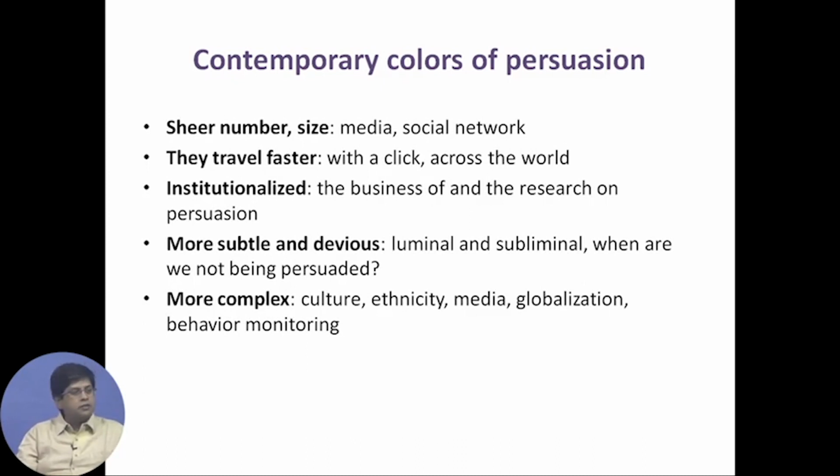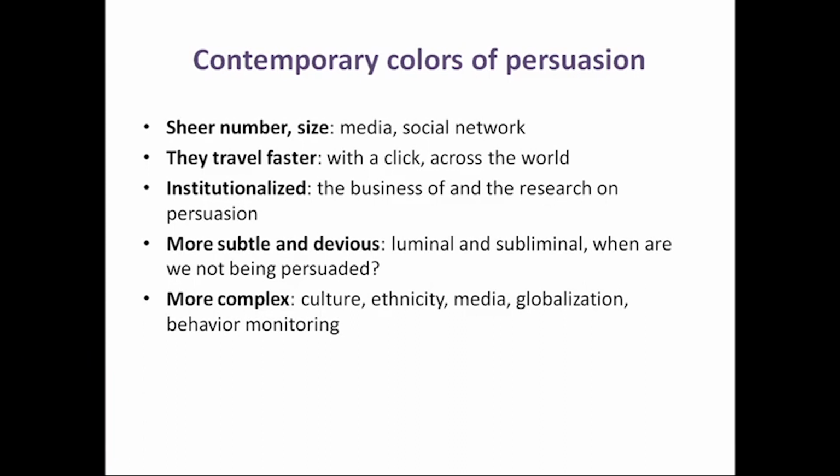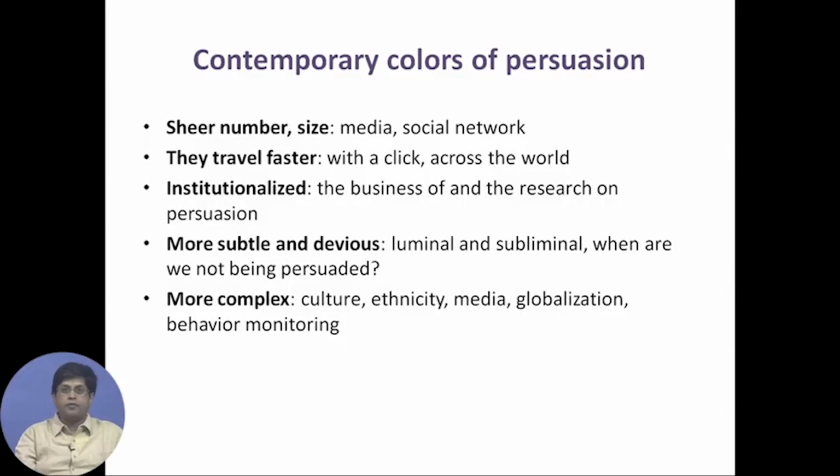So, in that context, here it is sheer number, size, media, social network. This is where persuasion is taking place on a massive scale, and that is where advertising comes in. If you remember, we talked about visual communication, visual aesthetics, advertising, the role that visuals play, how persuasive visuals are, and here when we talk about social media, we find that happening. They travel very fast. In the contemporary context, they travel at the speed of light, because information travels at the speed of light. Manipulating people, persuading people,